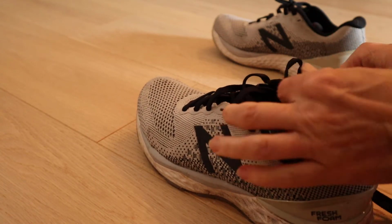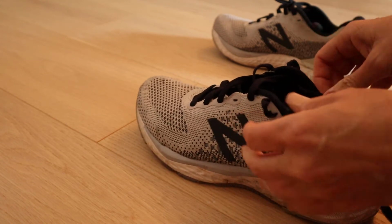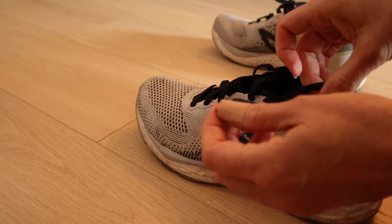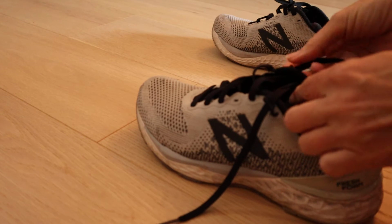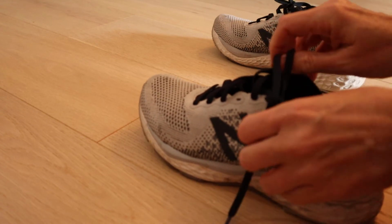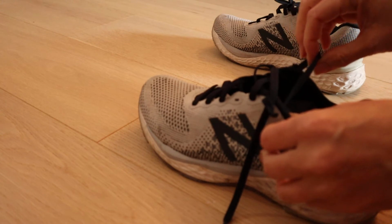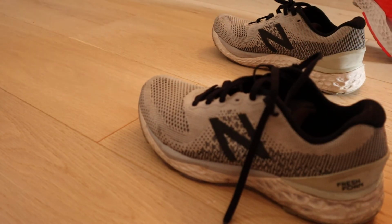And then you are going to continue your normal cross lacing pattern at the top. So take this, but instead of running it through the hole, you run it through that loop, and you run it through the loop on the other side. Okay, so what you've done is you have created a little loop that you're going to use, and then you